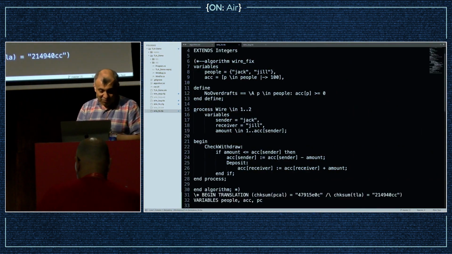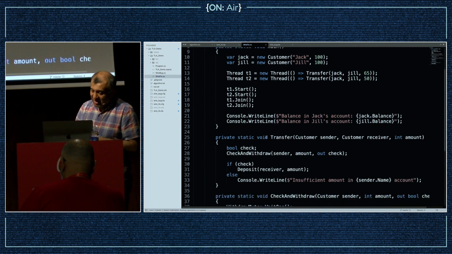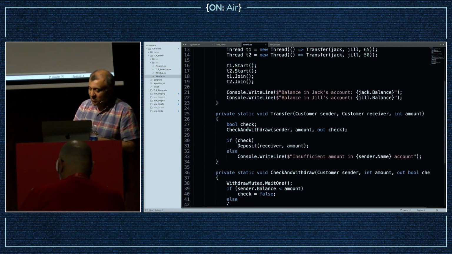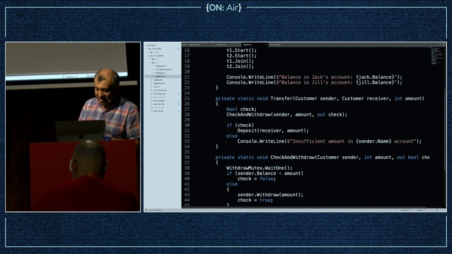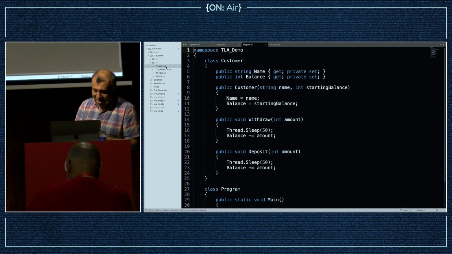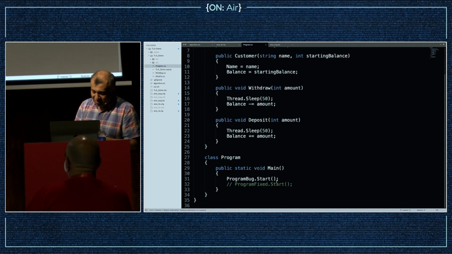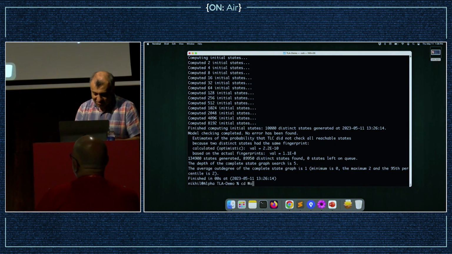Then I go back to my implementation, so I fix it. And what do I fix? I basically have transfer where I do the check and withdrawal in one step, and if this succeeds, then I actually do the deposit step. So this is my code. I go back and I remove the buggy line, where my bug was, and I just use the part where I fixed it, and obviously,